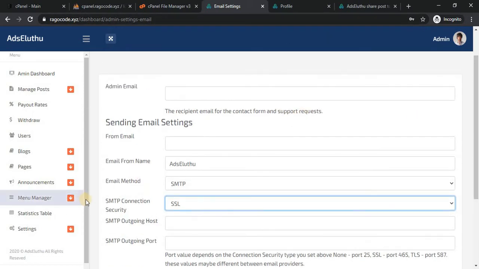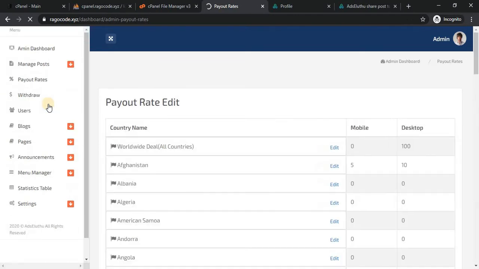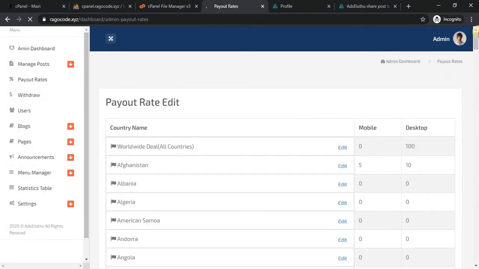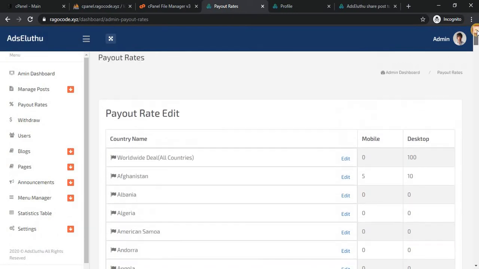And the another one is payout rates. Payout rate is the important one. In this payout rates, you set what country you provide the payout rate.